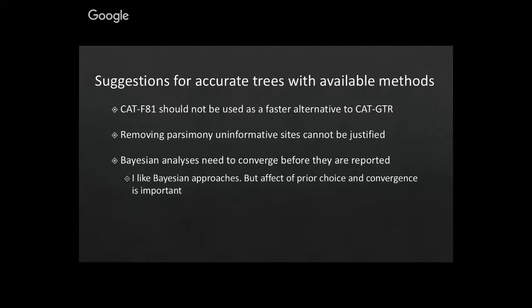And I should say too that I'm not against Bayesian approaches. I actually like Bayesian approaches. I think they've been a huge advancement in the field, but we do need to consider prior choice and convergence whenever we're doing Bayesian approaches. And of course, saying that, I realize I only use default priors for the CAT models, but it's a little difficult if the program being most widely used doesn't easily allow for modifying prior choice. So I think that's worth pointing out. And so hopefully we've reached some agreement on that.